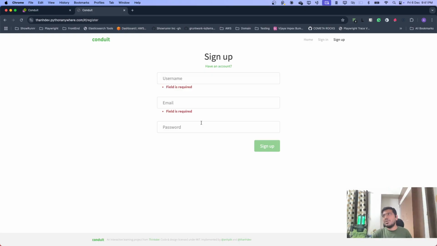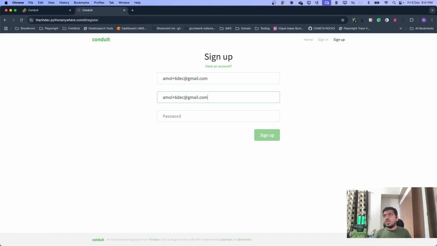Okay, it won't work because once you actually sign up with a particular user, that email should be there in the system. It shouldn't allow you to log in with the same user, right? So your other test could be like, okay, amol plus 6 deck is something that I need to remember what I wrote earlier, otherwise we're gonna end up spending more time. So if we write the same thing, 6 deck,